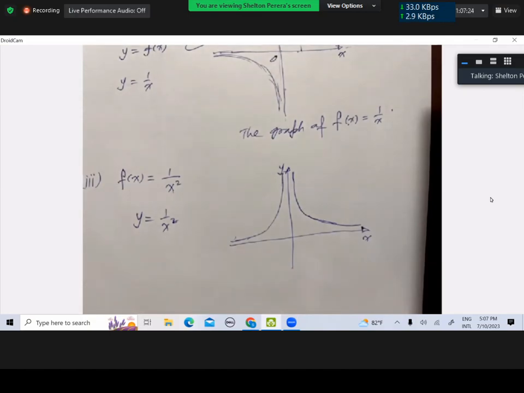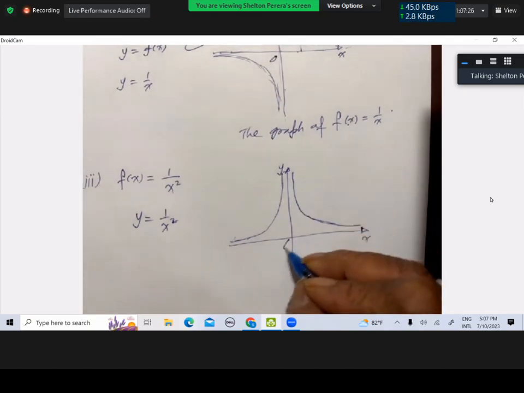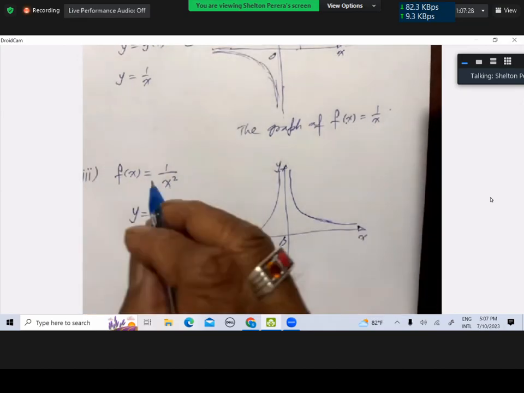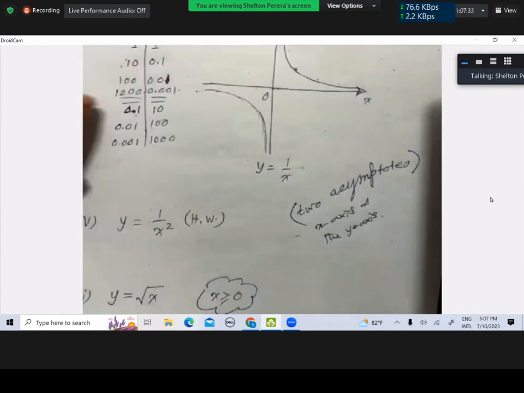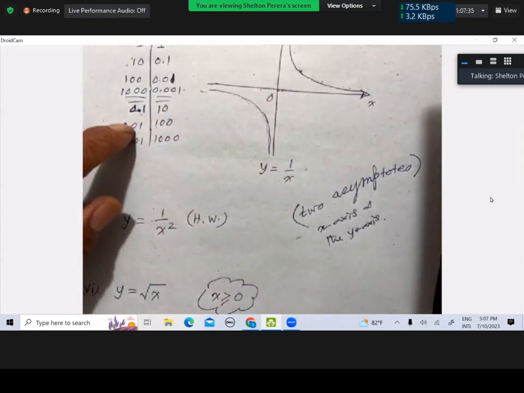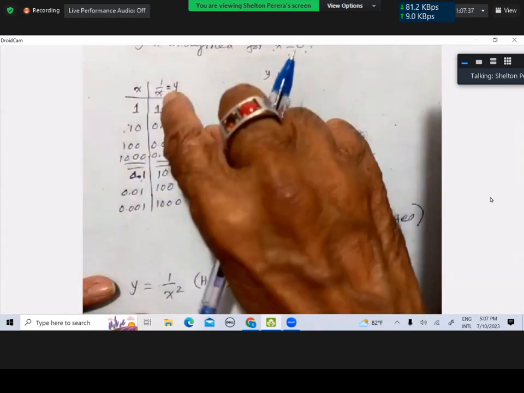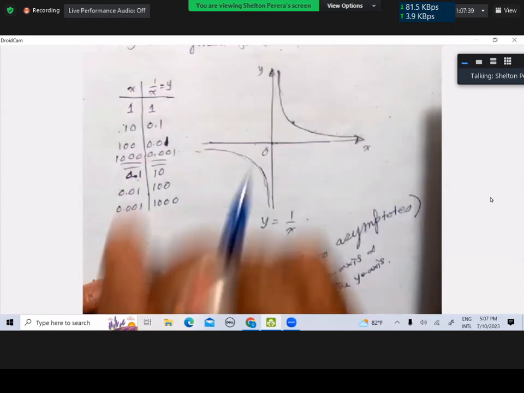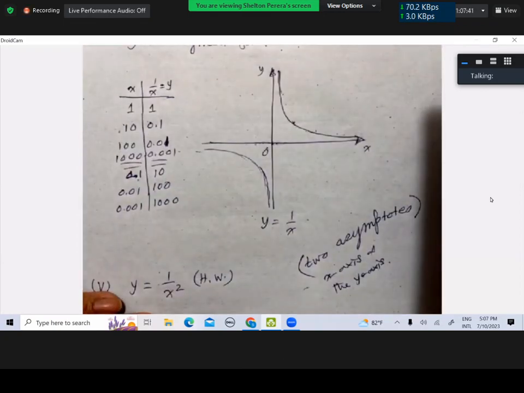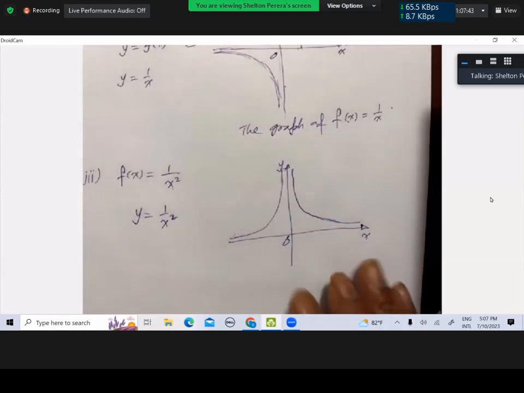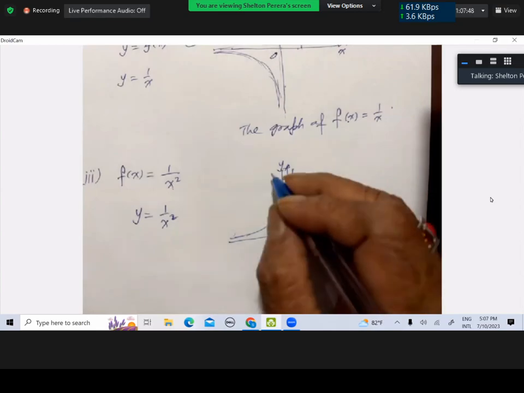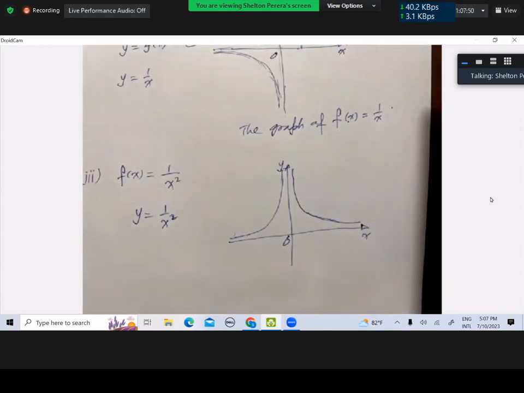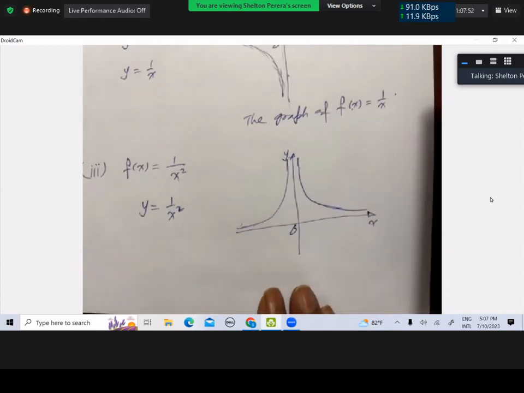That is the shape, symmetric about the y-axis. Y equals 1 over x squared. Like the chart we did for 1 over x, try to do a chart with x, 1 over x squared. You will see when you connect the dots, you will see this shape for y equals 1 over x squared. Then